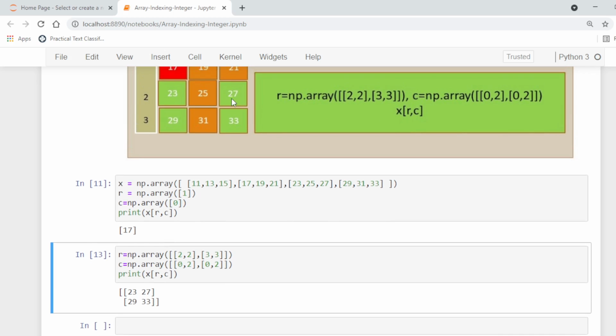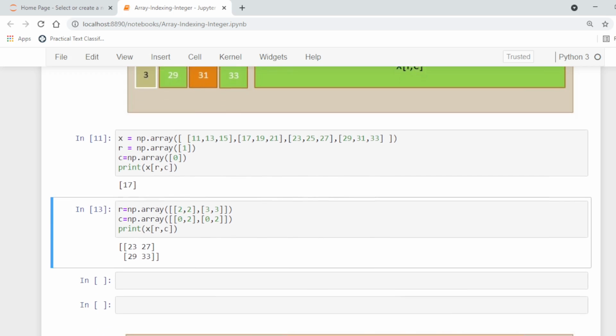So basically we are picking values at 2 0, 2 2, 3 0 and 3 2. Actually 23 is stored at the 2 0 position, in the third row and 0 column. So similarly we can specify different indices for the selection.